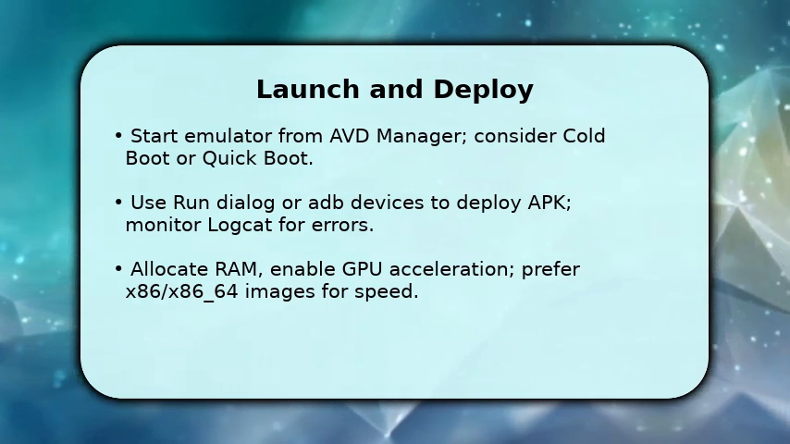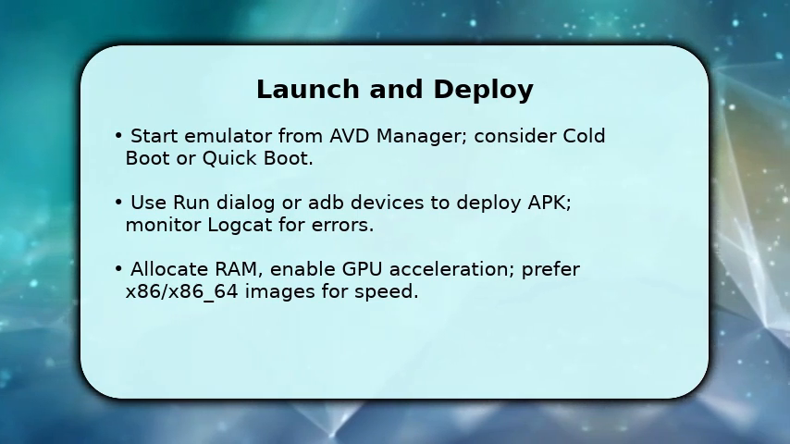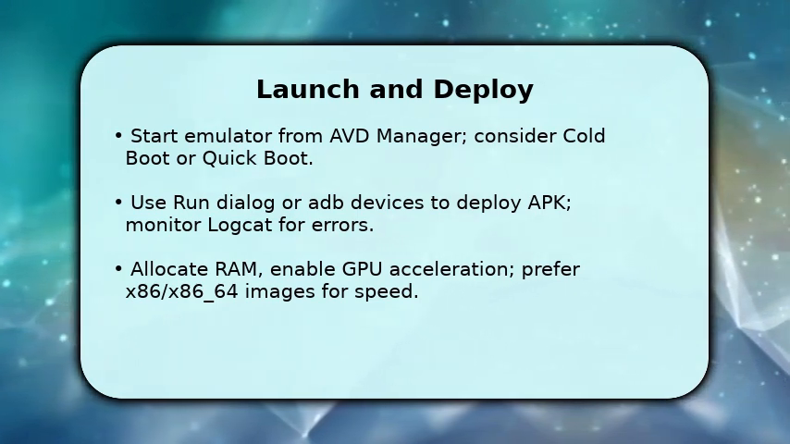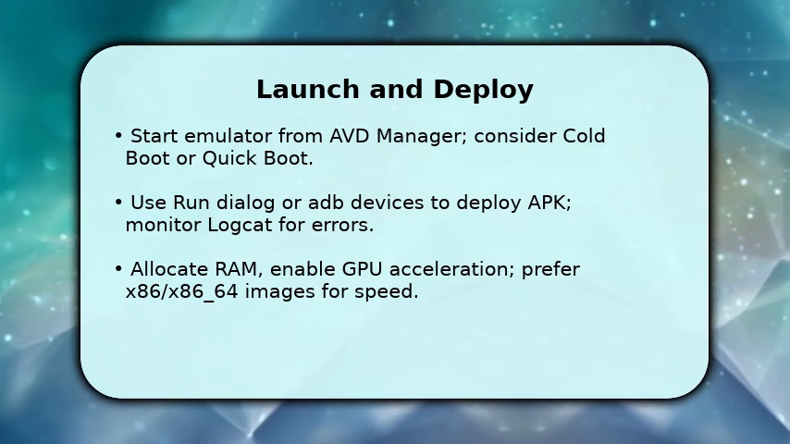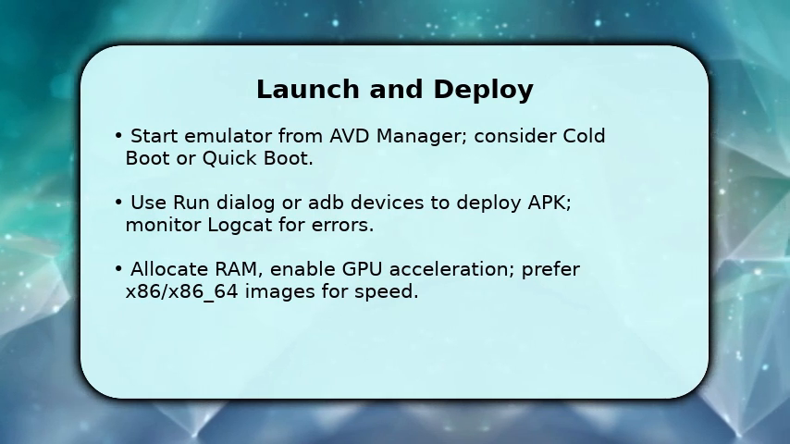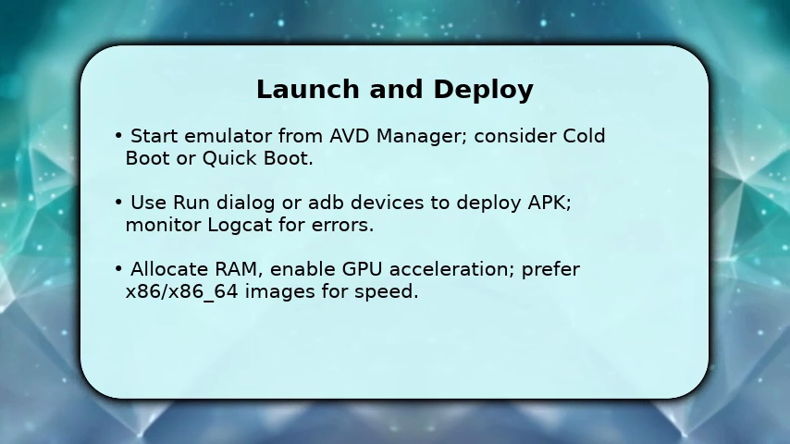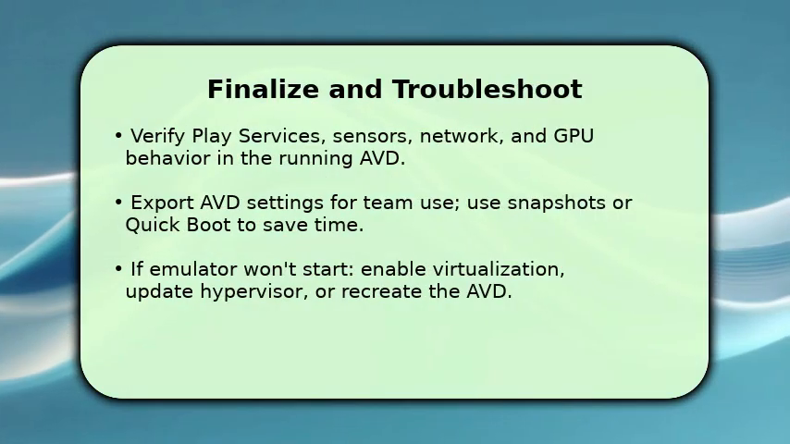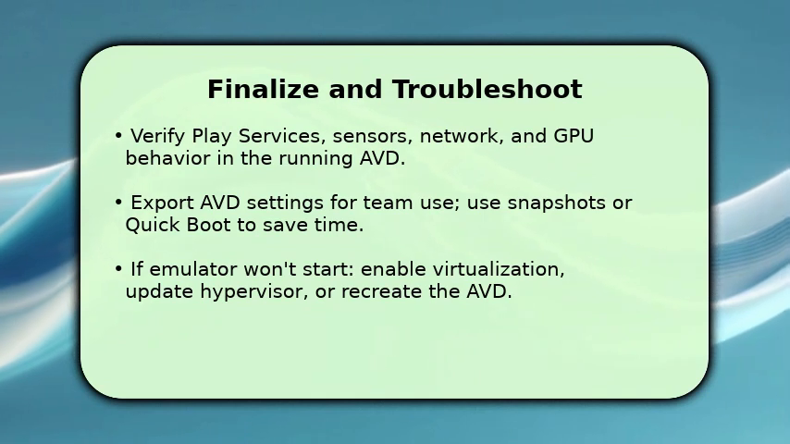If deploying, select the AVD in the Run dialog and install the APK, and monitor Logcat for runtime errors. For better performance, allocate sufficient RAM and enable GPU emulation. Make sure the Hypervisor driver is active on Windows or use Hypervisor Framework on macOS. To finish, launch the emulator and verify Play Services, sensors, and network access match your testing